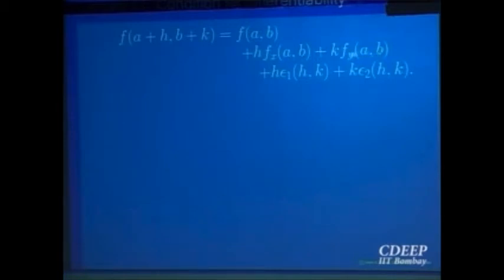So this is the approximation, that is a linear thing that you are getting, plus error which goes to 0, plus h times the error function for the h variable, plus k times the error function for the other variable. But both depend on h and k. So I am just trying to draw a similarity with one variable.